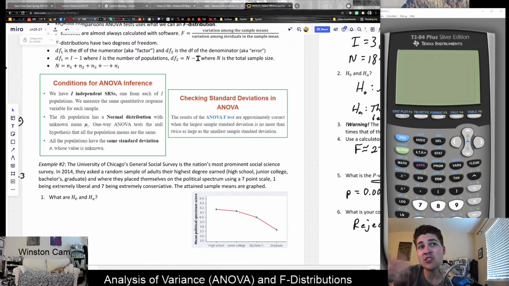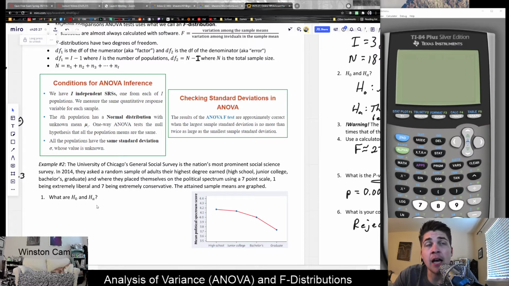Kind of like how I asked you guys at the beginning of the semester, what's your political affiliation, where 1, 2, 3 means you're liberal, 5, 6, 7 means you're conservative, and 4 means you're indifferent or in the middle. And they wanted to know, did the level of education affect how conservative or liberal the person was? So, did education influence political beliefs? First question asks us, what is H sub 0 and H sub A, the null and